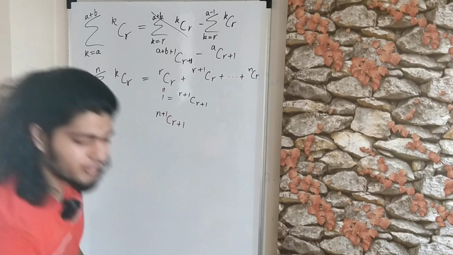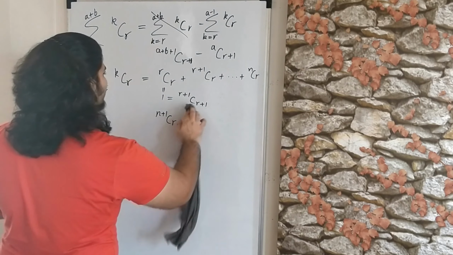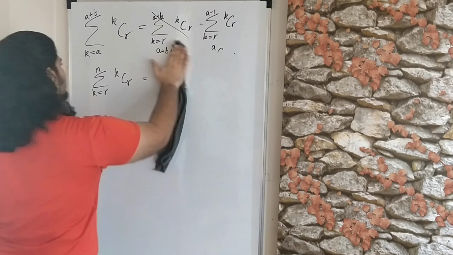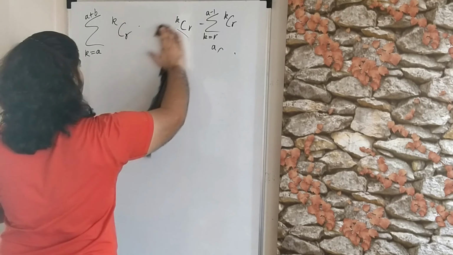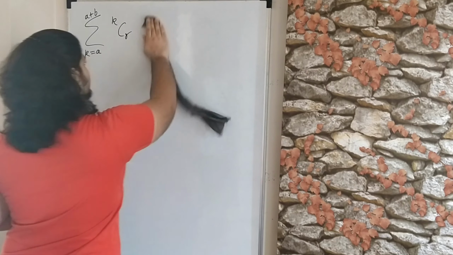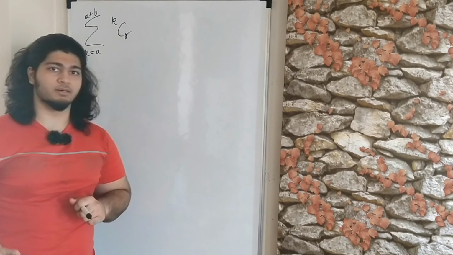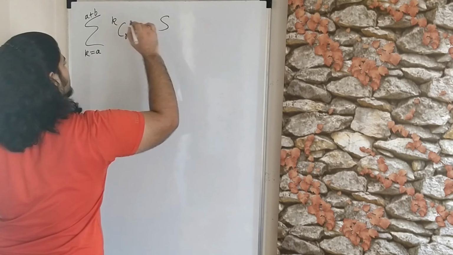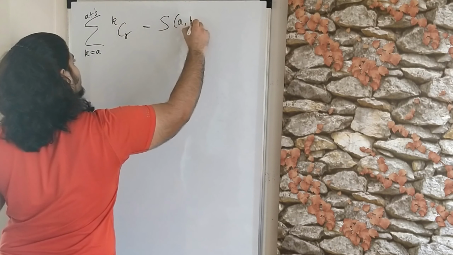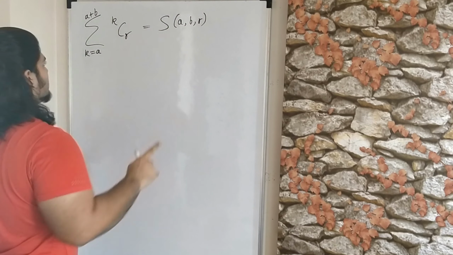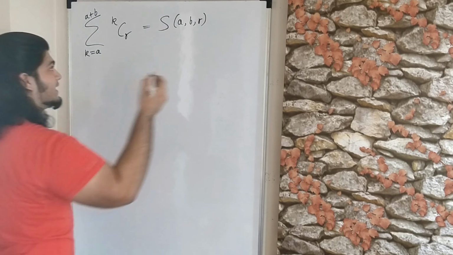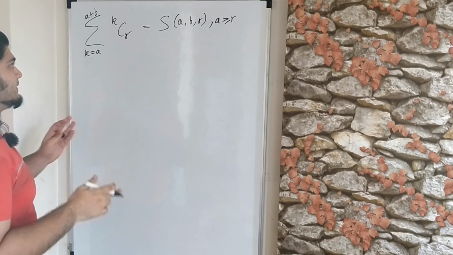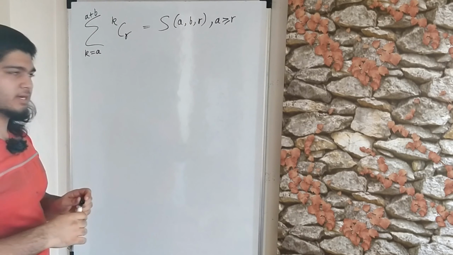My way is going to be more related to induction. It's not actually induction, but it's kind of induction. It has the main features of induction, where we look at a relation between the kth term and the k plus 1th term. So what we'll do is we'll name this as a function s of a, b and r. Now notice that for s to be defined, a must be greater than or equal to r, because otherwise s won't be defined. And now notice the following identity: